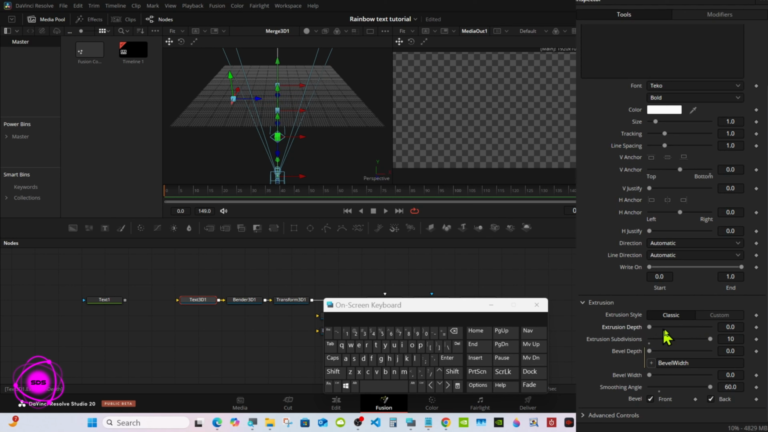Get the excursion all the way down. Set a keyframe. And we're going to set the excursion depth back to 10. With the text node selected,